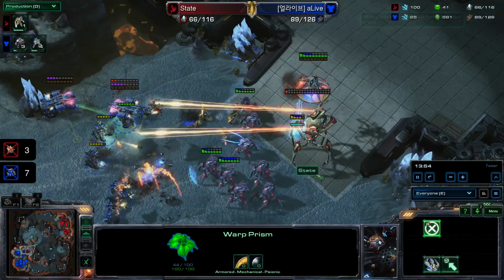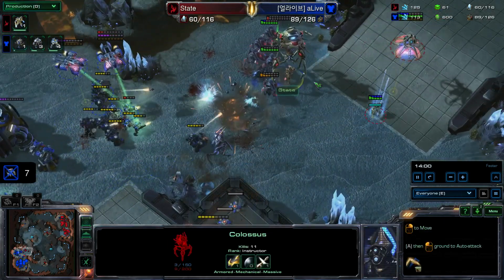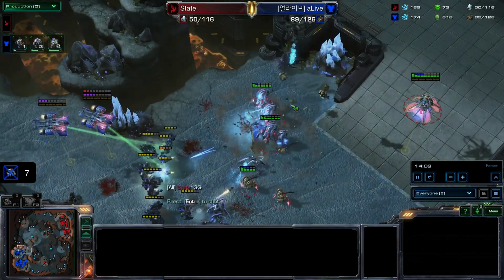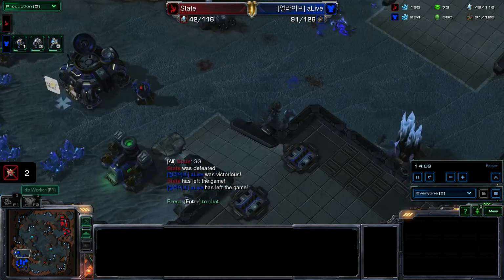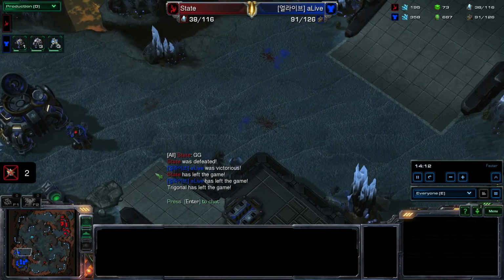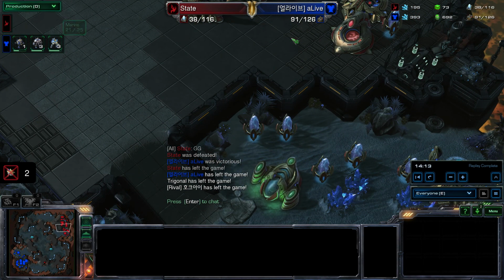And some incredible macro. The Colossus is actually inside the warp prism, got sucked up in there and was saved. Didn't really get much out of it apart from a few more blasts from its lance, and that's GG. State actually calling it perhaps a little bit early, but then again he was a bit behind. You can see with the amount of units, if we look up top, 91 to 38 in the end, but